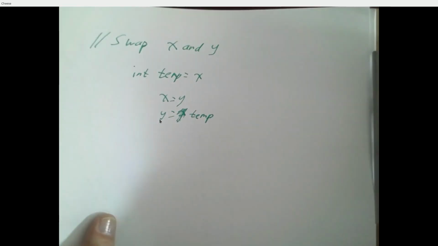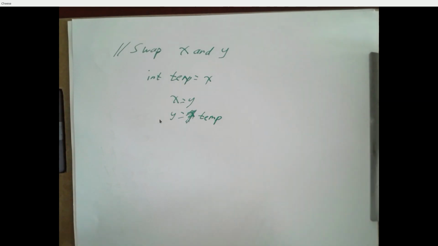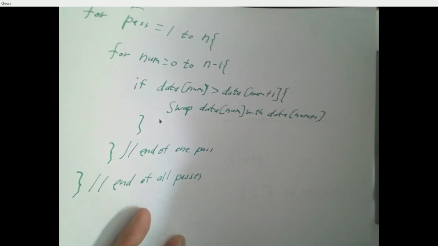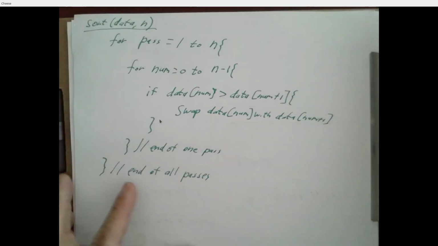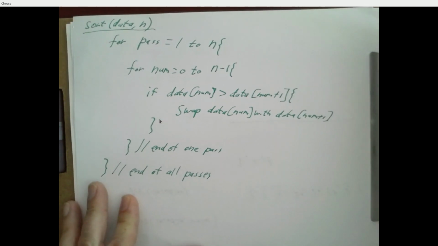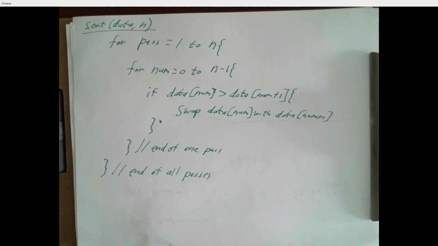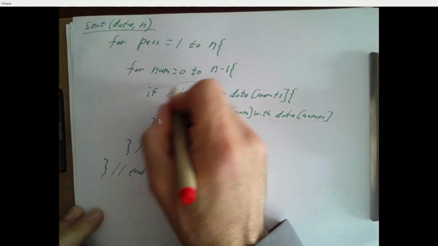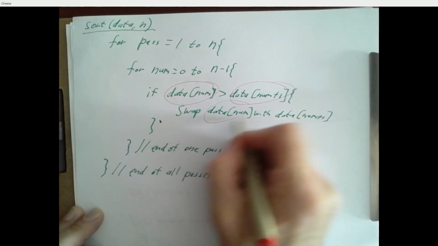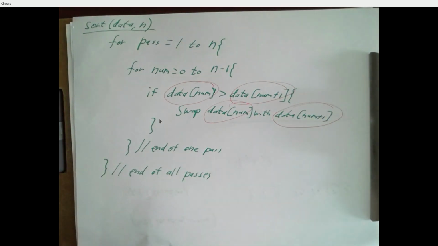All right, so for PA4, we're not sorting an array of integers, we're sorting a dictionary of phrases, right? But that doesn't really change this basic algorithm. Instead of using data bracket num and data bracket num plus 1, we want to look at the length of phrase num and the length of phrase num plus 1, right? So something like